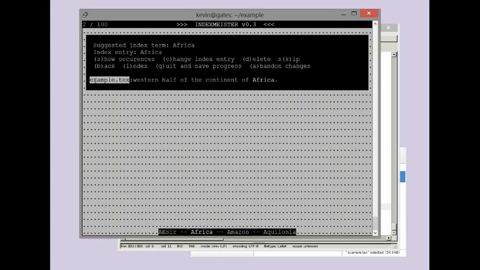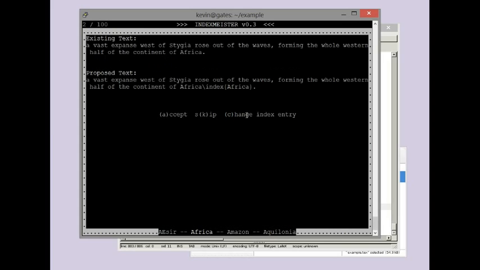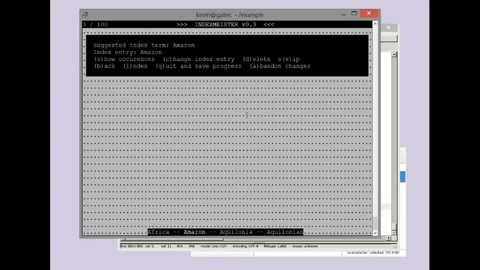So I do want to point out the show occurrences, it shows the file it shows up in. This program will work on every text file in the directory. So it's really good for larger projects where you have many files. You just run Indexmeister on the top level or the master file. Okay, so let's go ahead and index that by pressing I